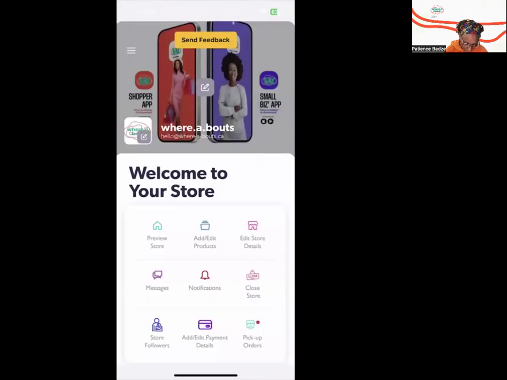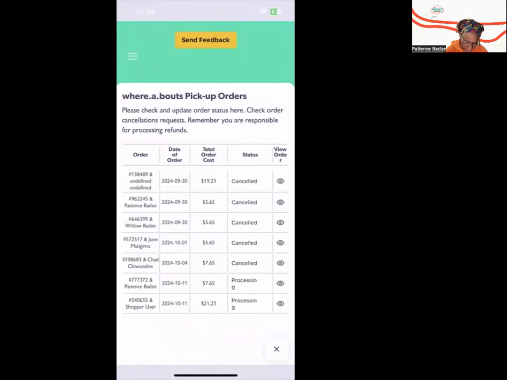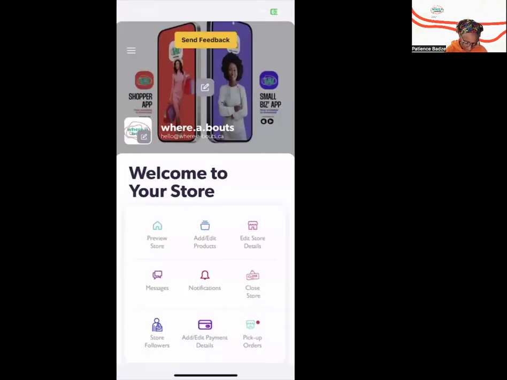And then this is the new feature that we've just released now, where you can add or edit your payment details. Again, this is also unlocked by a subscription. So on the free account, you wouldn't be able to activate this feature, but essentially this will connect you to Stripe, which is the payment gateway we have partnered with to process payments. And once you've connected this, that means when your store is active and you have pricing and all of that, then your shoppers can